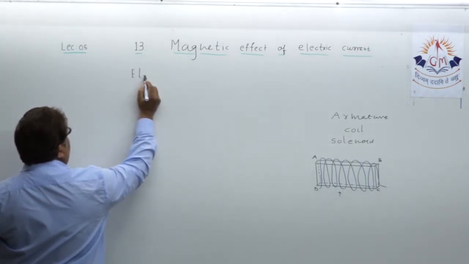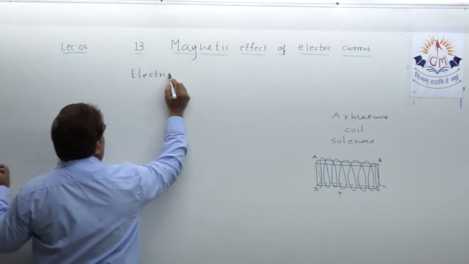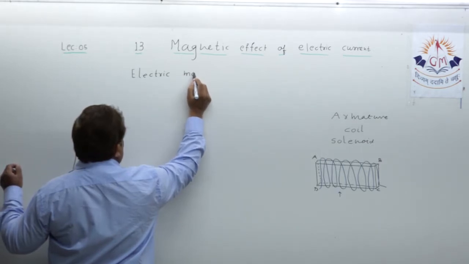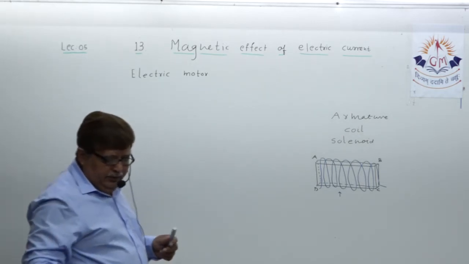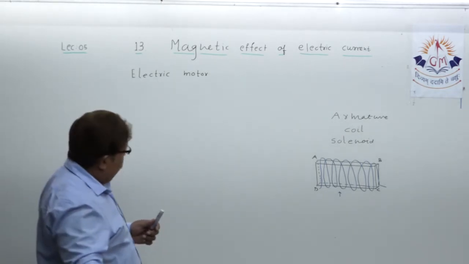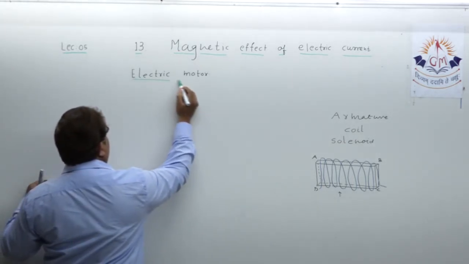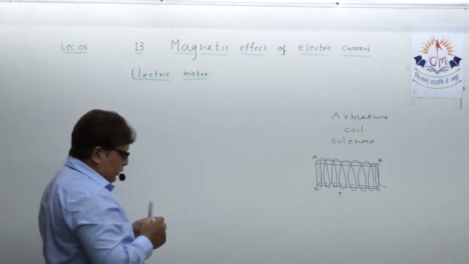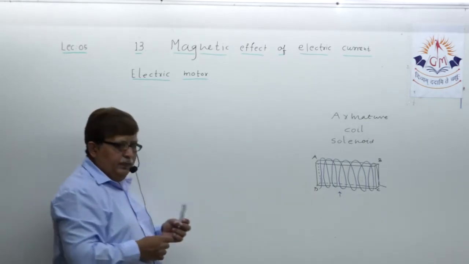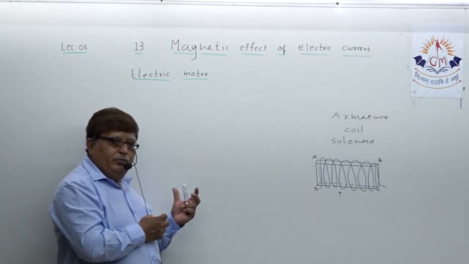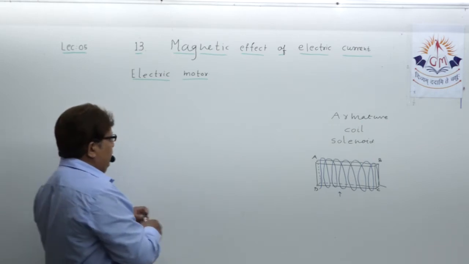Okay, let us try to understand electric motor, the principle on which it works. Also, we will try to understand its structure, right? What is the structure of electric motor? That is also what we are going to understand today. Okay? Suppose, my dear student, as it is given in the textbook, a three-dimensional type of diagram. Okay, let us try to draw that.